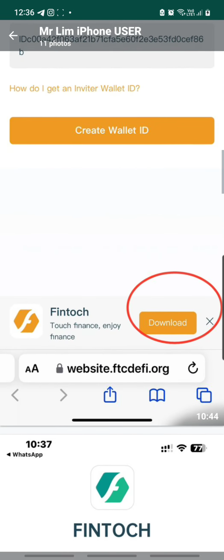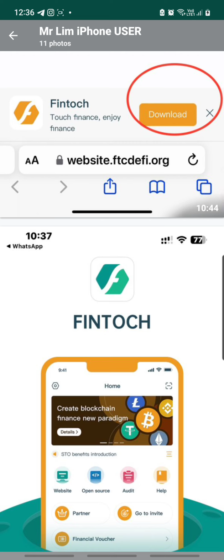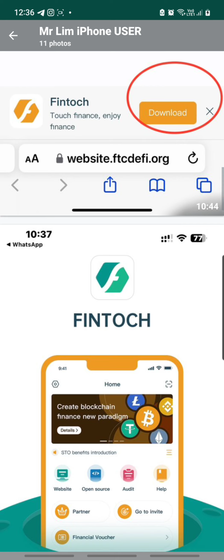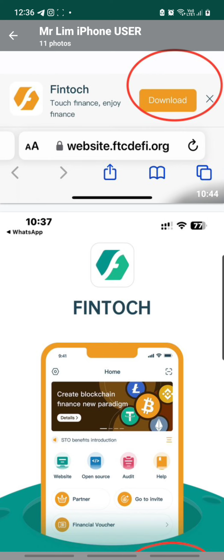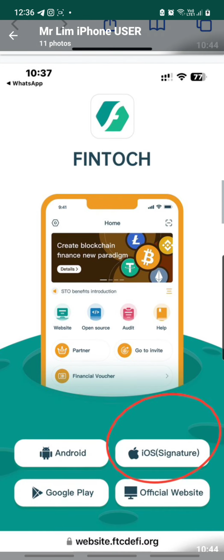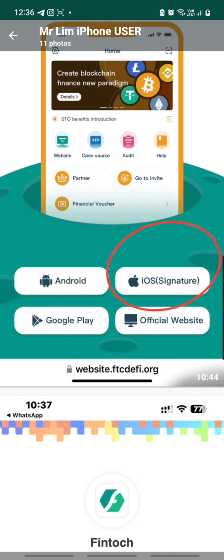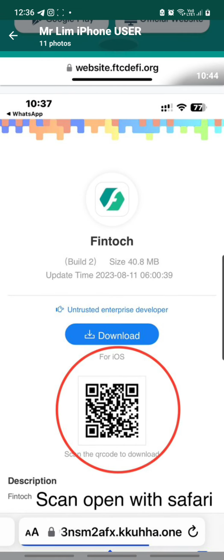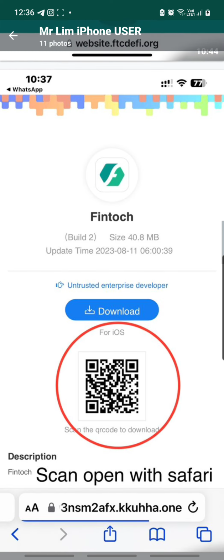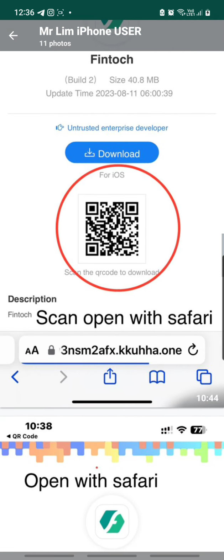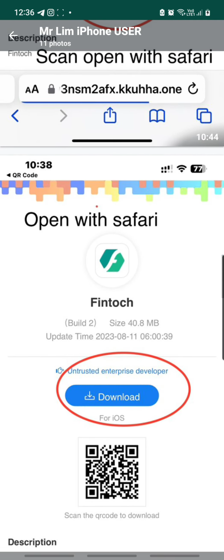you will see, hang on, I think the order is a bit confused. Let me start again. Okay, so I guess first it should be here. When you open up your app, you will see that you have to click on the download button. Then when you get to this screen, then you have to click the iOS. Then you will come to this portion. All right, and it says scan open with Safari,